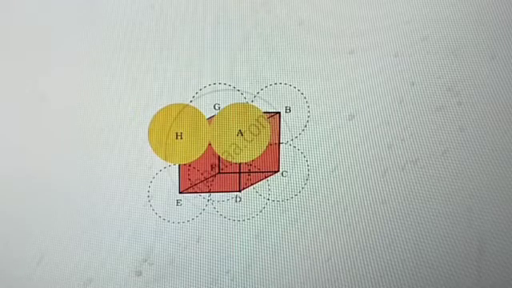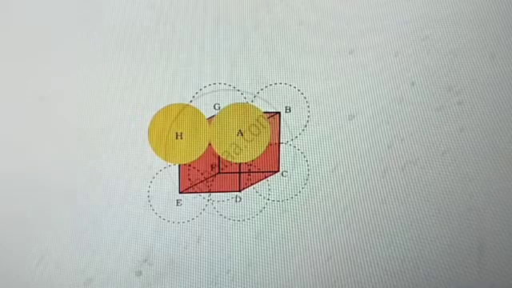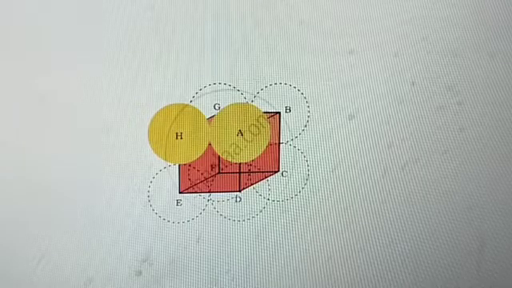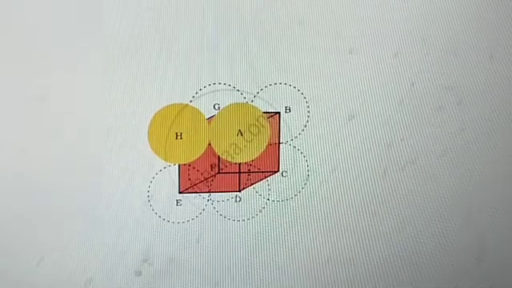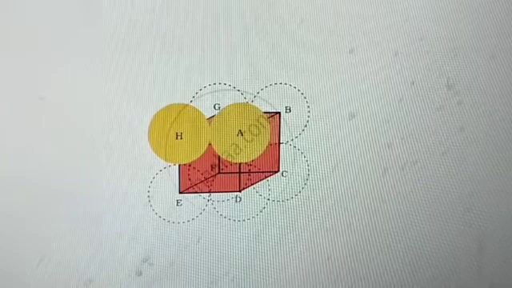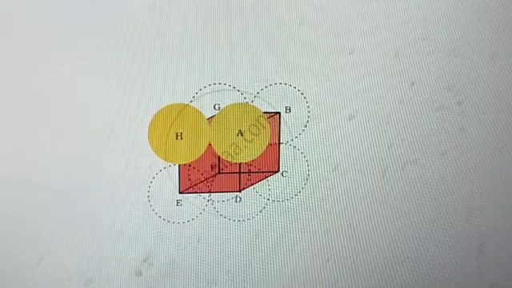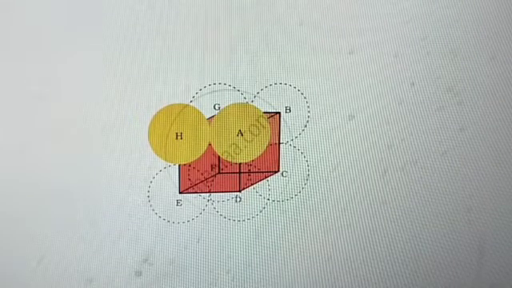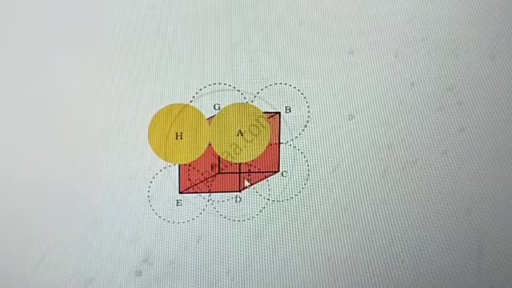Now we are going to discuss packing efficiency in a simple cubic lattice. For example, in a simple cubic lattice, we already know that the atoms are located only at the corners of the cube. See, they touch only at the edges. Only the edges of the particles are touched here.